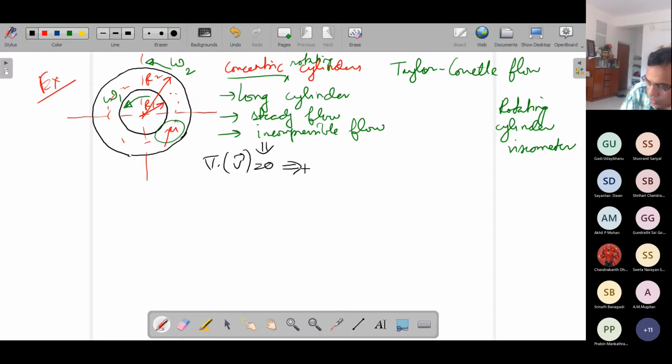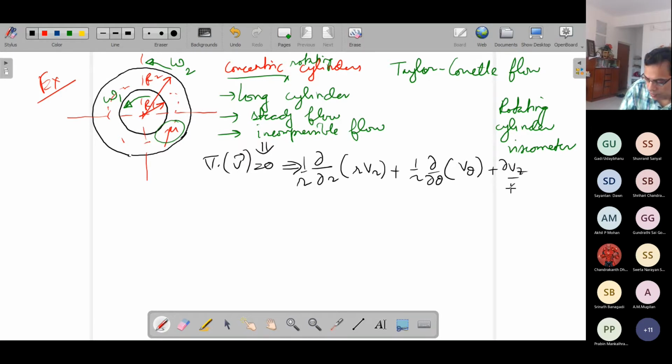So it is just like the general way of describing the pipe flow problem, which I tried to do, rather than being restrictive from the very beginning, so that you understand the general description of the pipe flow, which we can use here also for the mathematical part. So this will be 1 by R, d by dR of R VR, plus 1 by R, d V theta by d theta, plus dVz by dz. Very similar to the pipe flow problem, the continuity equation, equal to 0.